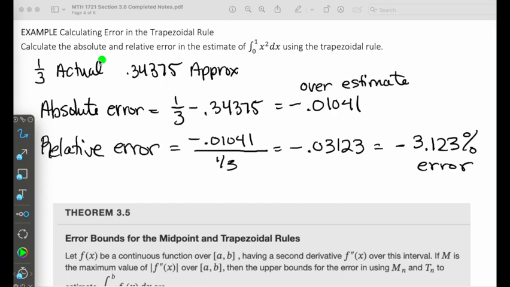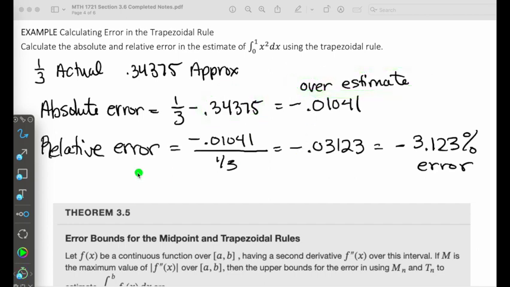Now, using that same method again, we're going to find the error using the trapezoid rule. So the actual value we said was 1/3 of this integral from 0 to 1. And then when we did it using the trapezoid method, we approximated the area under that curve to be approximately 0.34375. So to find the absolute error, I'm going to take the 1/3 minus our approximation, and we're going to get negative 0.01041. This negative tells me that our approximation is larger, which means we had an